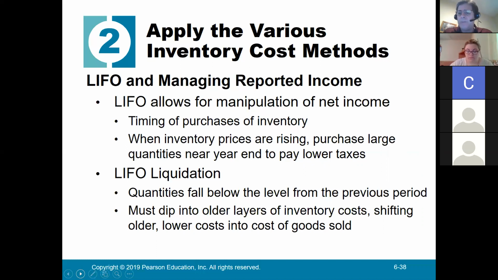It allows manipulation of net income. I think if a company is so bad off that they're buying large quantities when inventory prices are rising just to manipulate net income, they are probably doing lots of other very bad things as well, because that seems like a very desperate and expensive way to manipulate